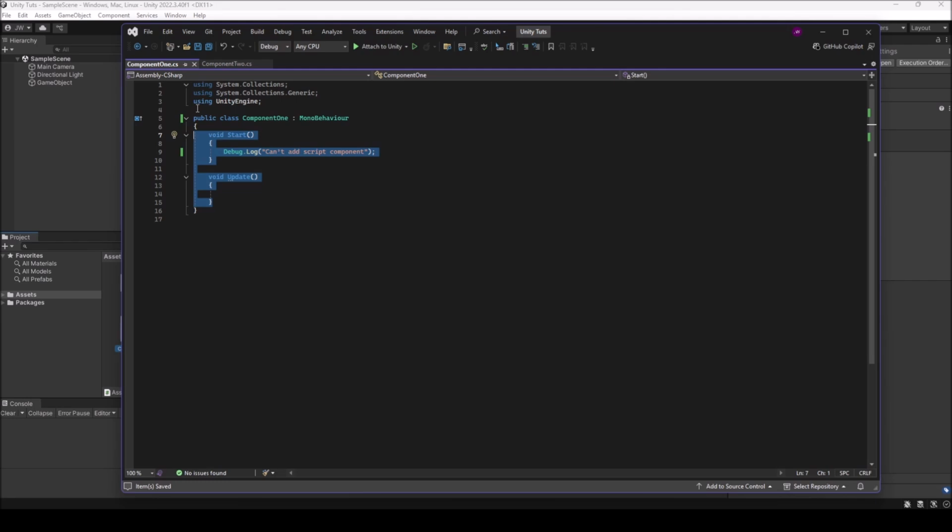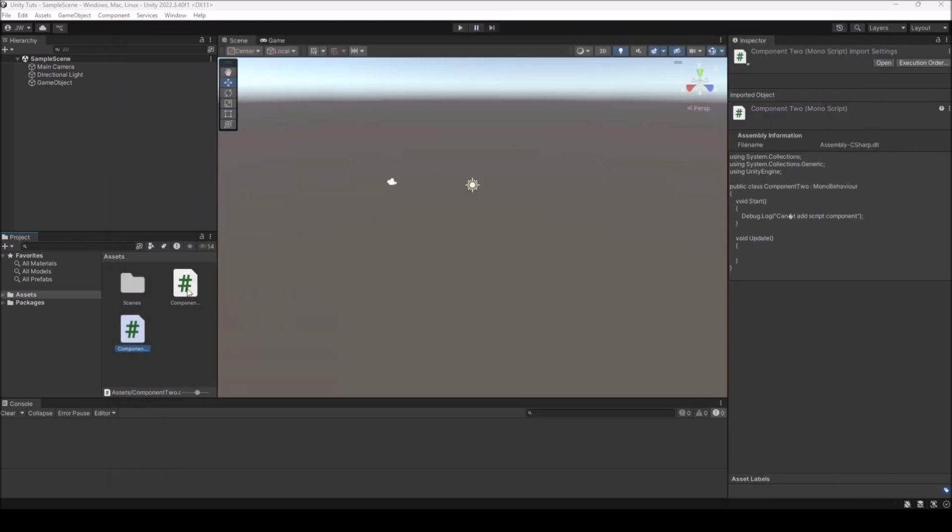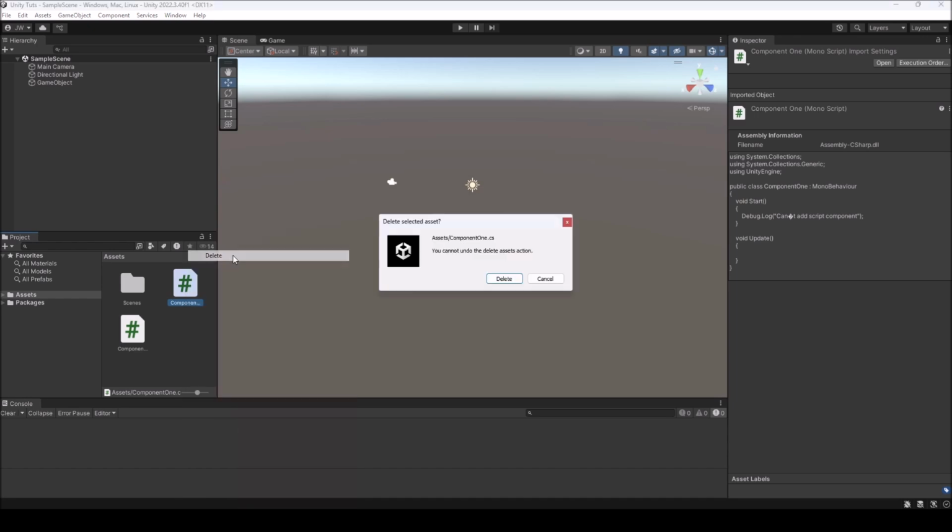If you are using something above the public class, like Scene Manager or Text Mesh Pro, make sure that you add that in afterwards as well. So what you want to do is exit that script after you've copied it, go to that script, delete it,